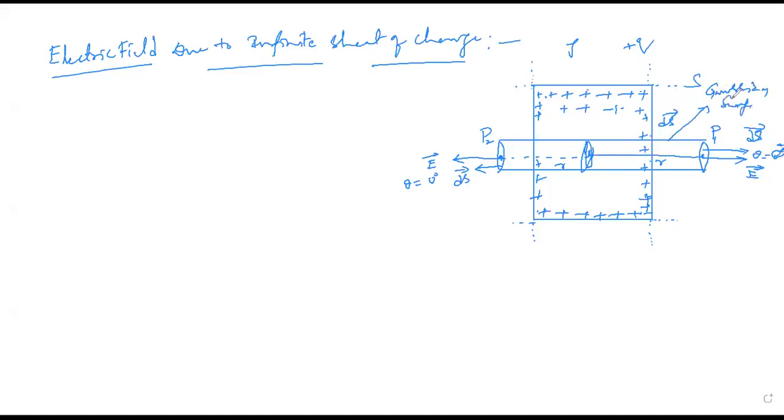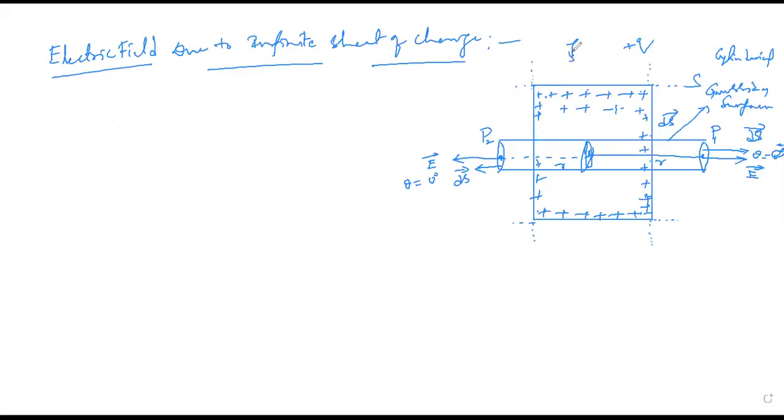Which Gaussian surface? This one, I already said, is a cylindrical Gaussian surface. You can also write cylindrical Gaussian surface. And what is this? This is our infinite sheet of charge. So when you write in words, what will you write? Let us consider an infinite sheet of charge with positive charge plus Q, and the surface charge density with respect to this positive charge plus Q on this sheet is rho. Or sigma, we can write, no issue.